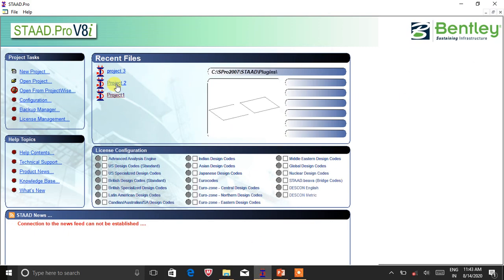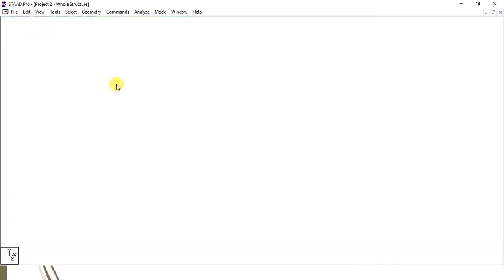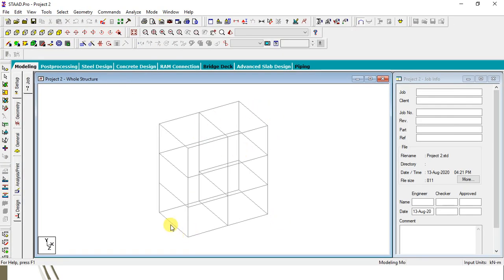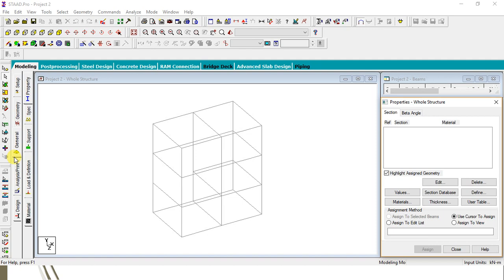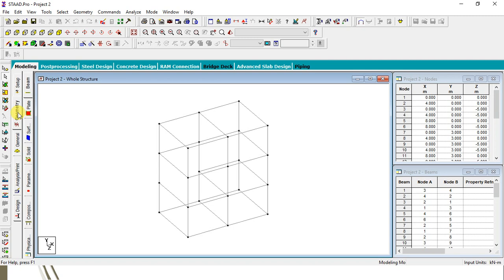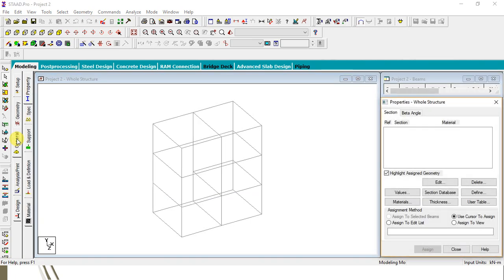Okay, now the structure we have created in the second project, that we have considered for today's video for assigning the geometry. So let's open the structure which we have created in the second video. Now on this main screen, whenever you have started, in general you will get this section. When you are putting the geometry over here, then it will be x, y, z or the beams and all that. Now next you have to go in the general section.